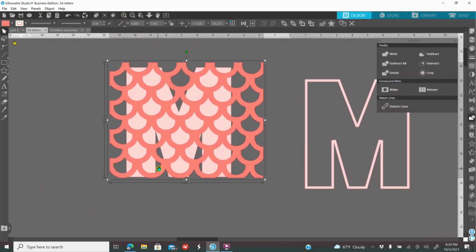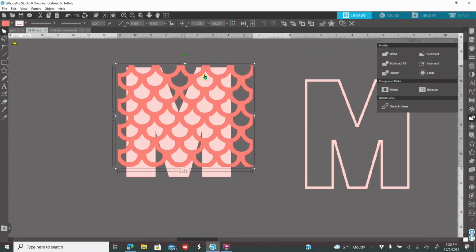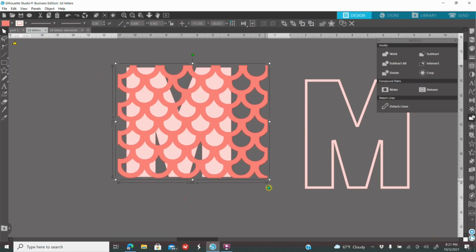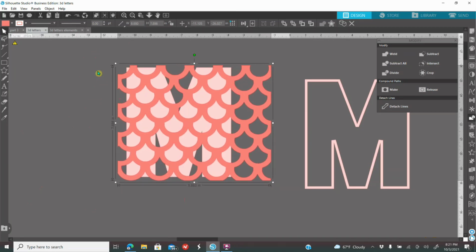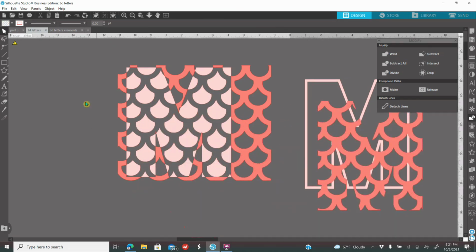I'm going to make sure that I have both of them selected by clicking somewhere else on my screen and dragging my mouse to select them both. I'm going to go to my modify panel and click on divide. Once I click on divide, I am going to click on the scales and move them to the side. Then I am going to click on my screen, drag my mouse to select all that extra stuff and click